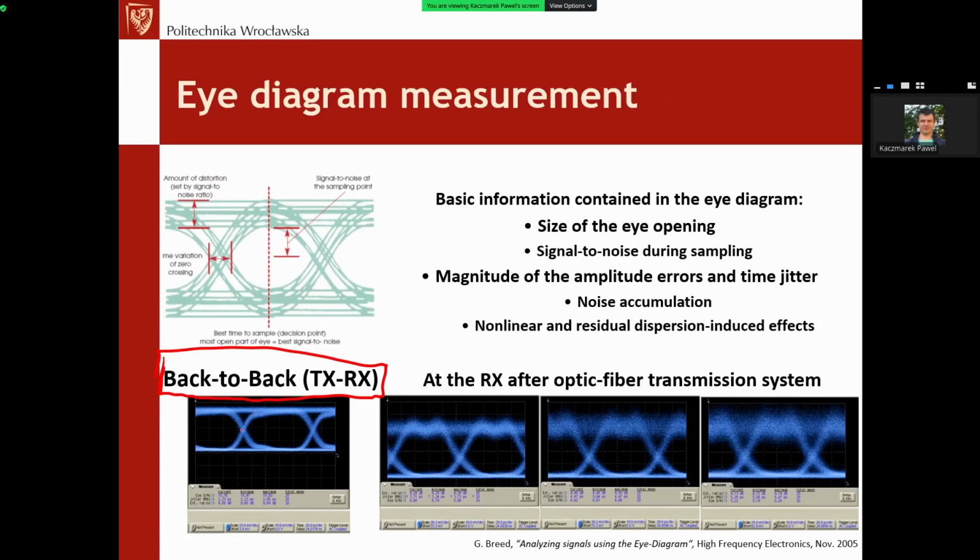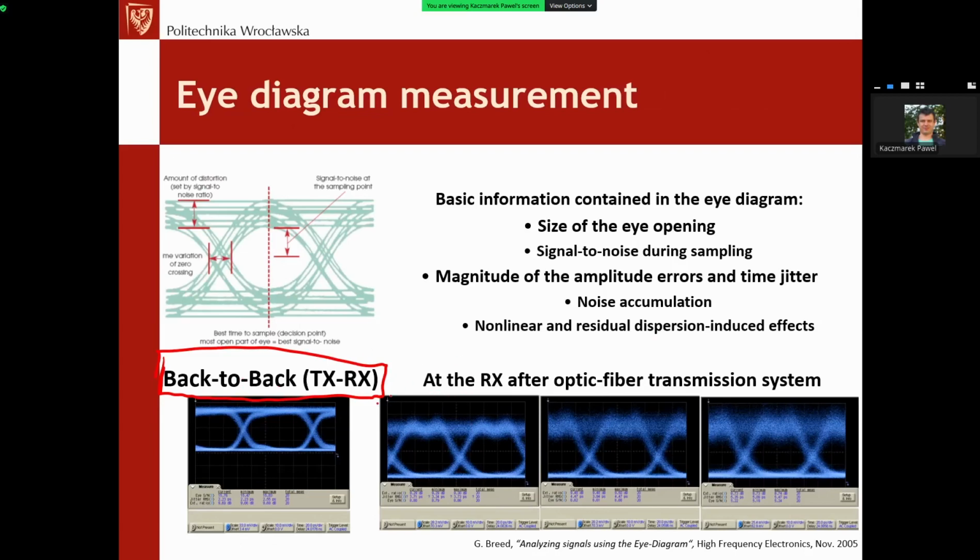You can clearly see, for example, in this picture, I don't remember the value, but it was taken, if I remember correctly, with 20 picoseconds per division. So the bit time was 100 picoseconds. So this was a 10 gigabits per second system. I made this measurement a couple of years ago in Italy, in Pisa. I was on a short-term cooperation with an Italian university, and we were measuring such systems